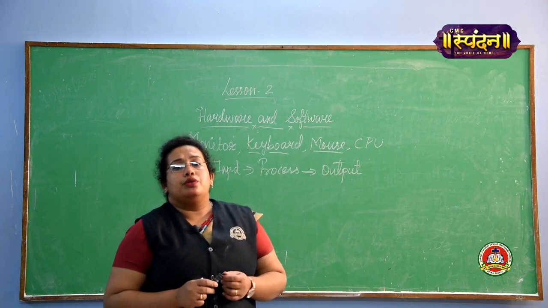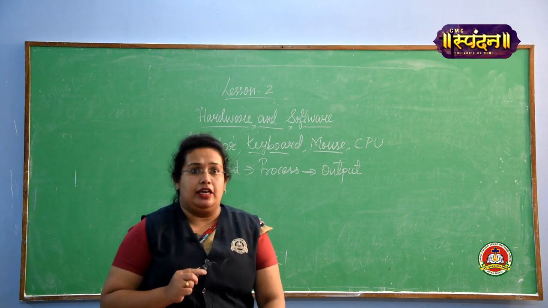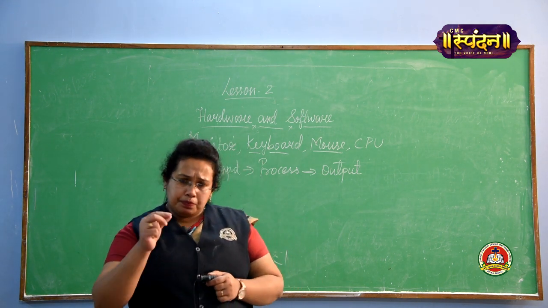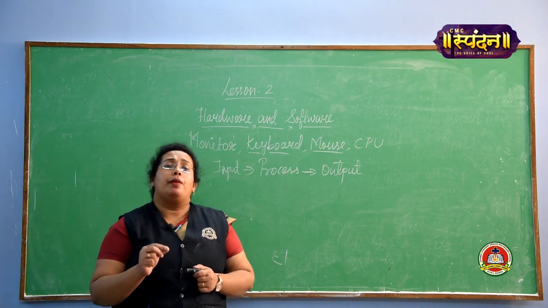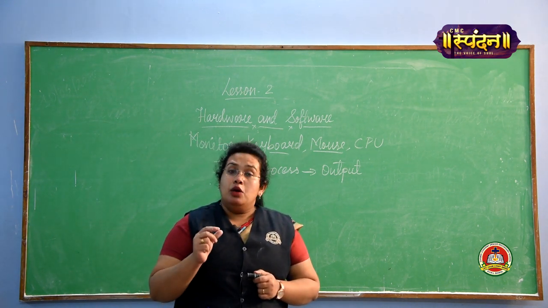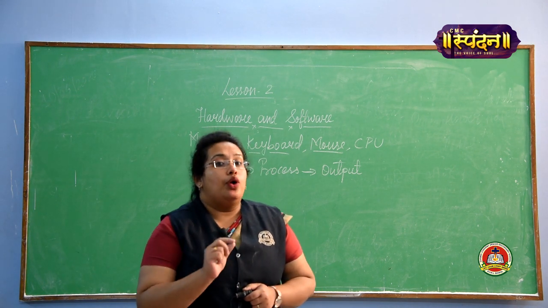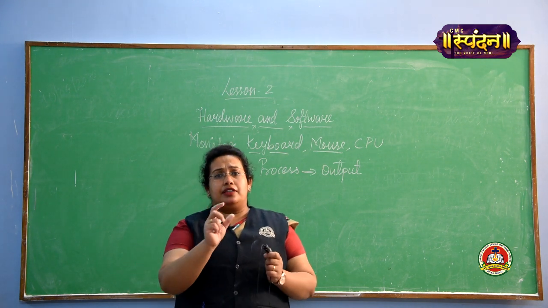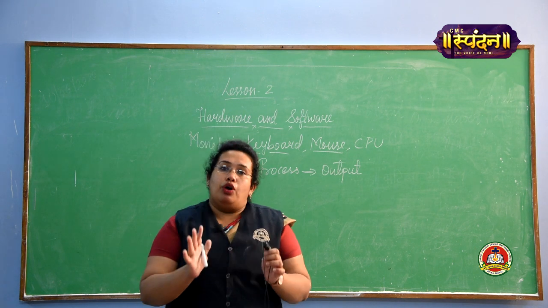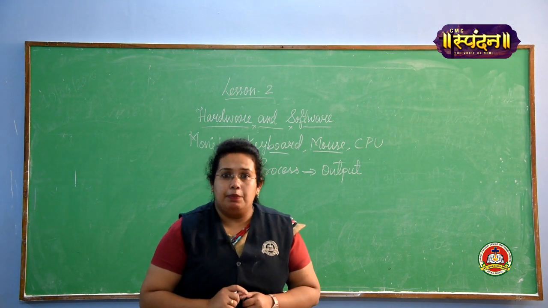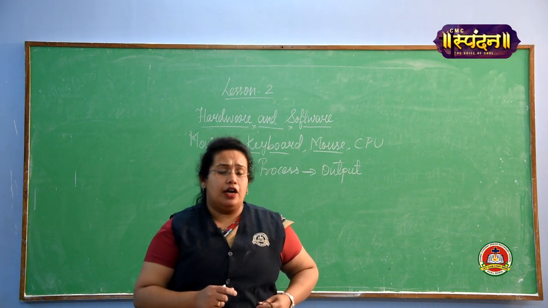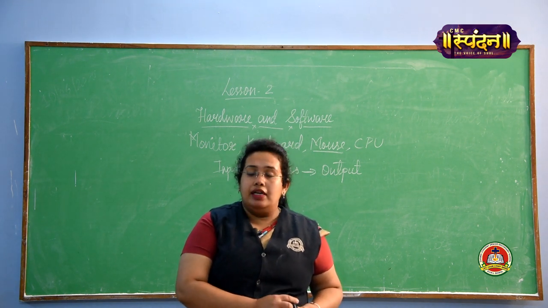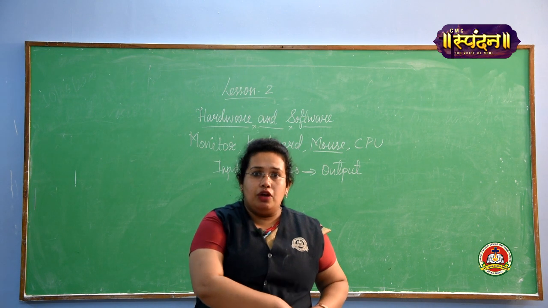So the first thing we are going to study is the alphabetical key. Alphabet keys are used to type the alphabets. With the help of these alphabet keys we can form any sentence, any word. All these alphabet keys are not in alphabetical order on our keyboard. They are scattered, but all the A to Z alphabets are there on the keyboard. We use these alphabet keys to type any word, letter or sentence. So it's clear to all what an alphabet key is.